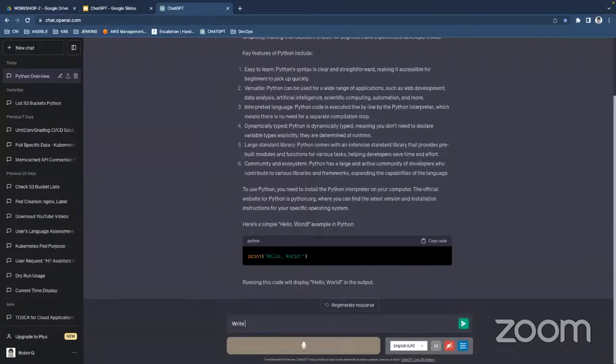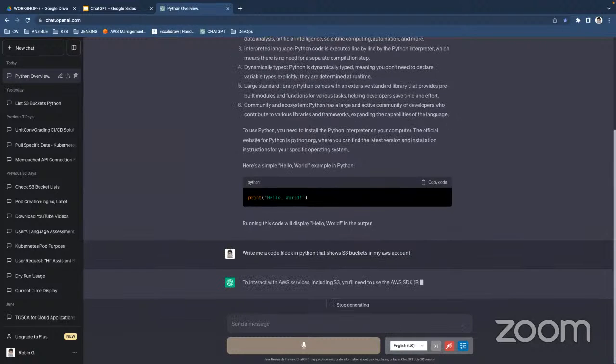Write me a code block in Python that shows S3 buckets in my AWS account. By the way, you can sometimes make typos, but in ChatGPT, it's okay. It understands what should be written there, and it's going to give you an answer according to the real question.